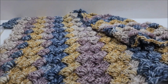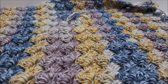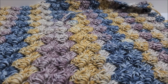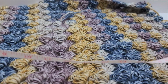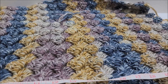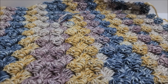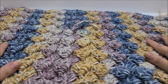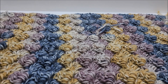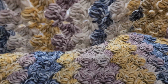So let me get you another quick measurement. I measured it before I put my neck or my shoulder area on. With the shoulder area on, it's about 25.5 stitches, so something like that. So remember, now we need to make 2 pieces the exact same, which I have already previously done. And now we're going to sew them together